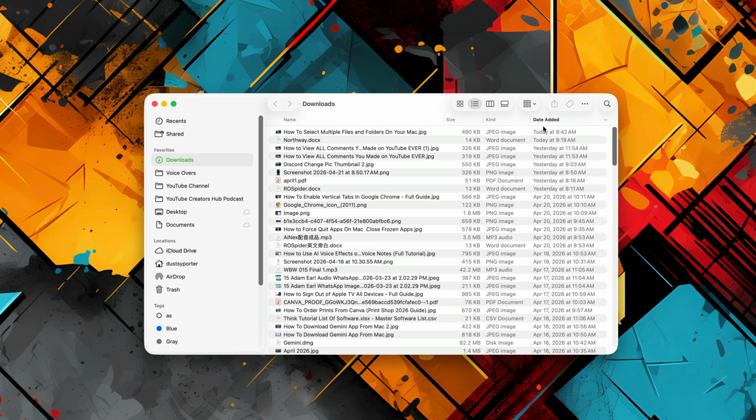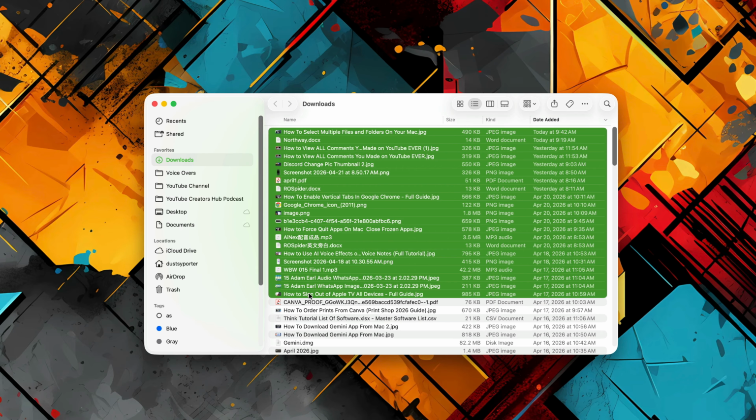If you are in a list view like this, you can actually select the first file and then hold down Shift on your keyboard and go to the file you want to end on and go ahead and click that one, and it will select everything from the first file selected all the way to the last file,